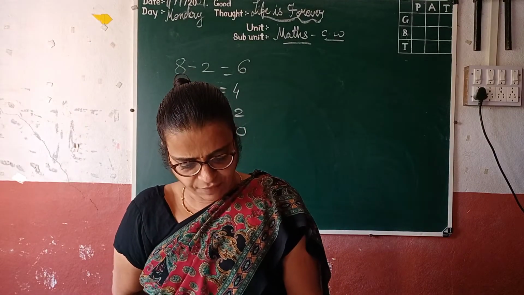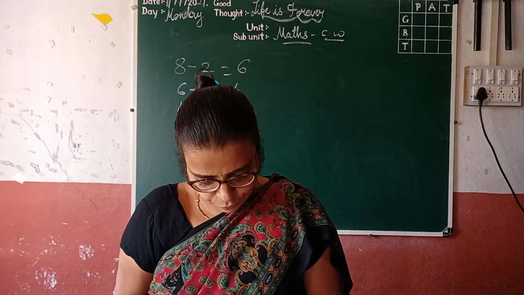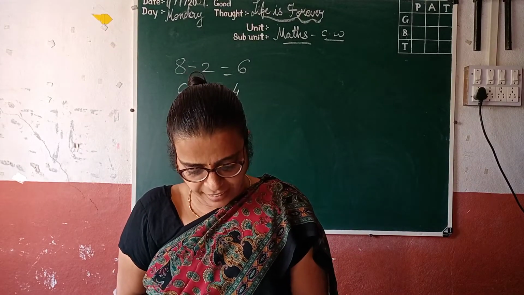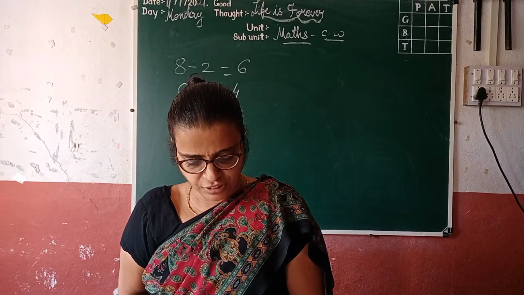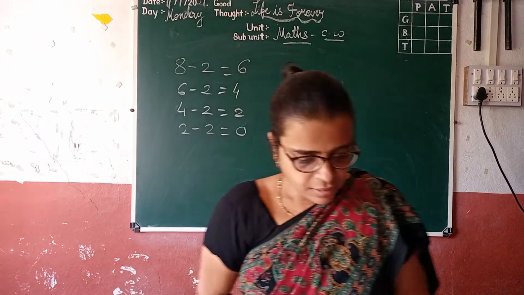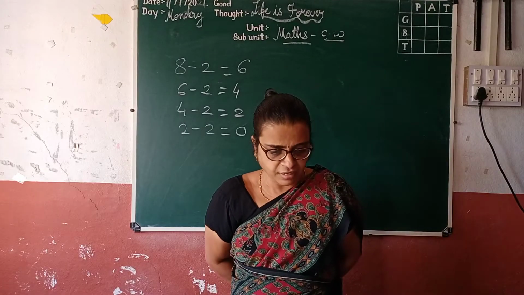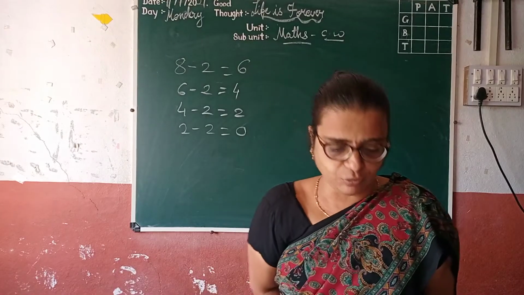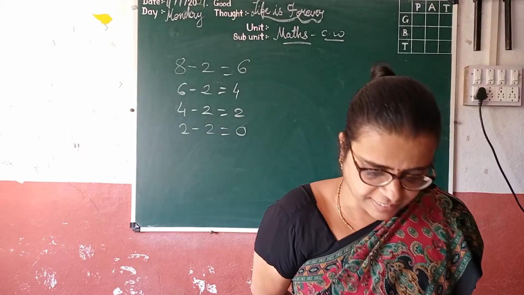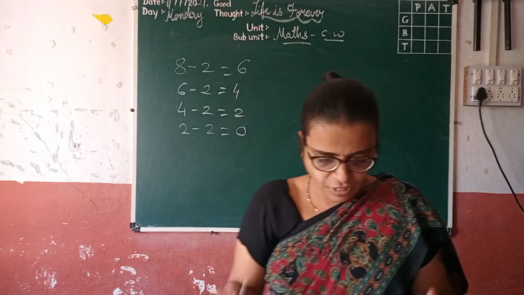So now you must have understood that sharing 12 jamuns equally among the 3, or making groups of 3 jamuns from them, is the same as taking away 3 jamuns from the 12 again and again. The outcome of all this action is the same. So that is why all these actions are given the same name in mathematics, which is division. Division means distributing things equally. Division means making equal groups of things. Division also means taking away the same number of things again and again from a certain number of things.